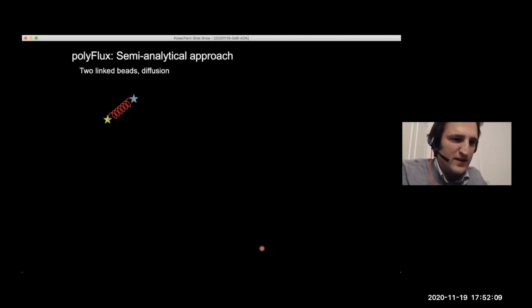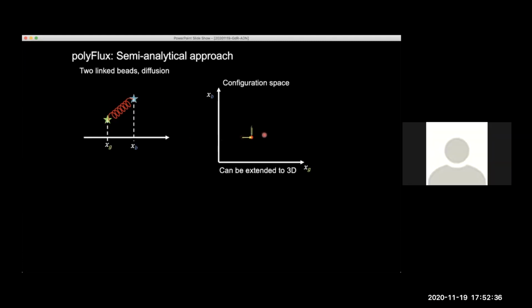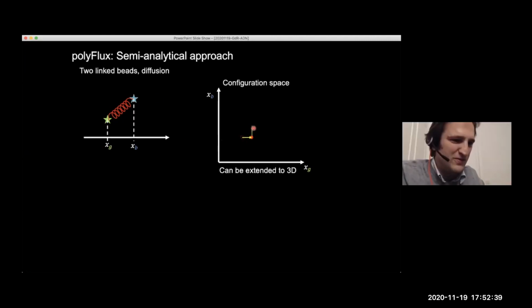Now, let's go toward modeling a polymer this way. The first step will be to have 2 beads which are connected by a spring. So not really a polymer, but just 2 beads connected. And then we can measure the position in 1D, the x-axis, of the green and the blue beads. At the beginning, they might be at 1 point, but then by doing a simulation, the green might go right, and then the blue will follow because there is a spring. So the blue will be pulled by the green in the same direction. And this will happen again and again, and maybe in the other direction,